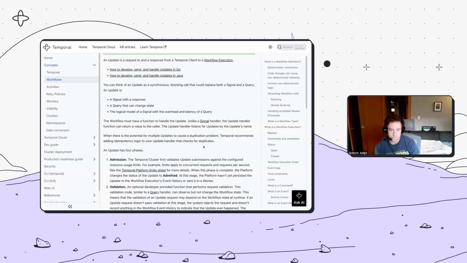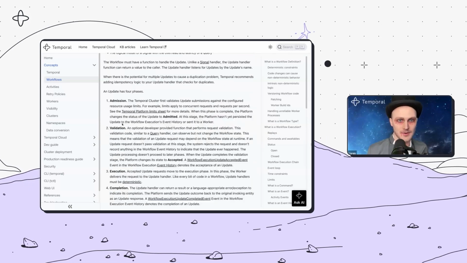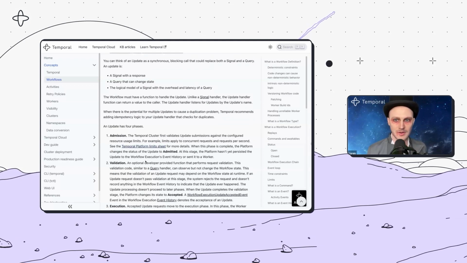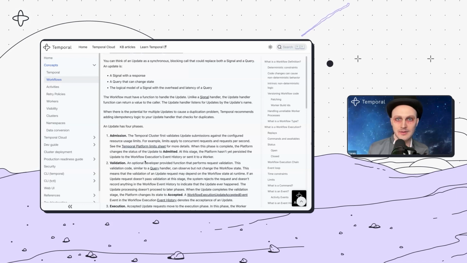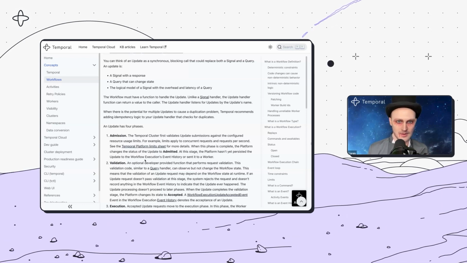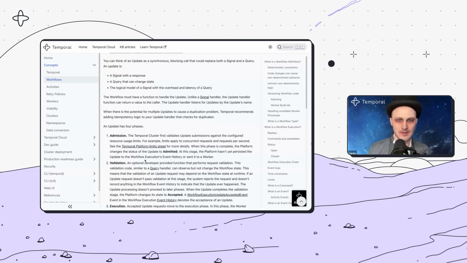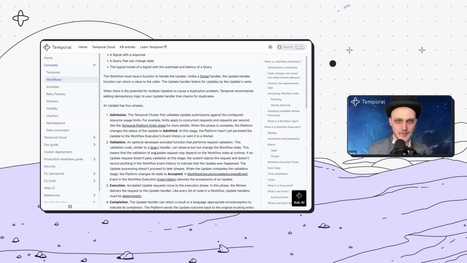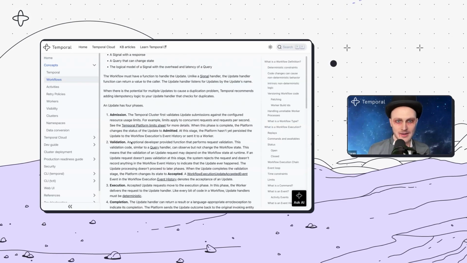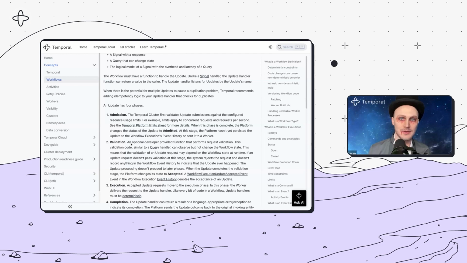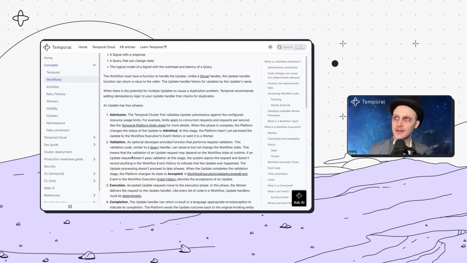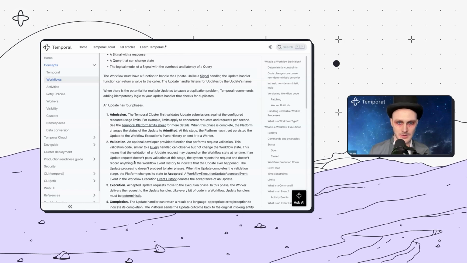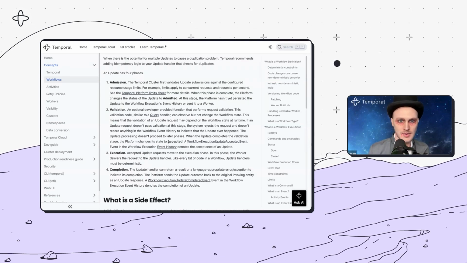Yep. Okay. Update has forfeit as admission. So this is if there's like a limit of concurrent requests or requests per second, then I guess the front end knows those limits and will reject an update before it even gets to the validation handler. Assuming it passes that, it becomes admitted, and then it goes to validation, which is if you provided a validator in your workflow definition, then it'll go to the worker. Assuming it passes that,